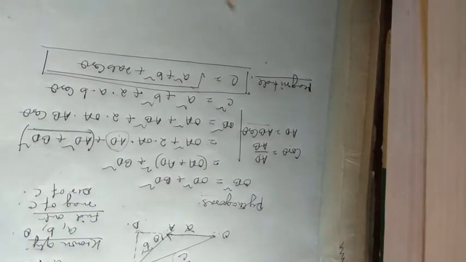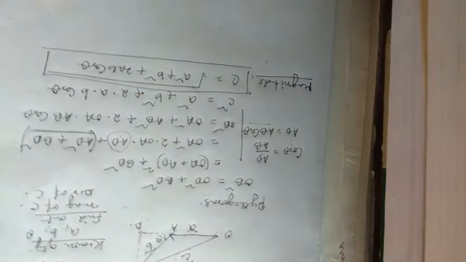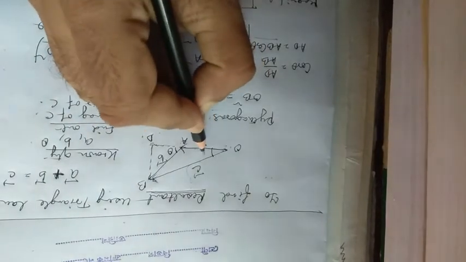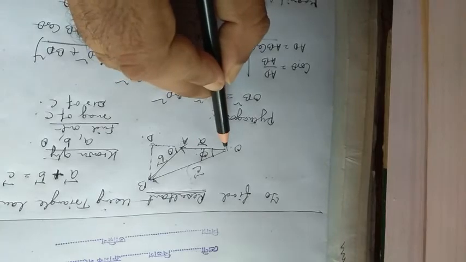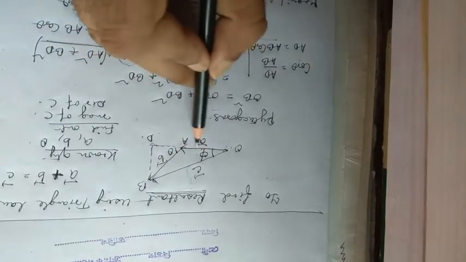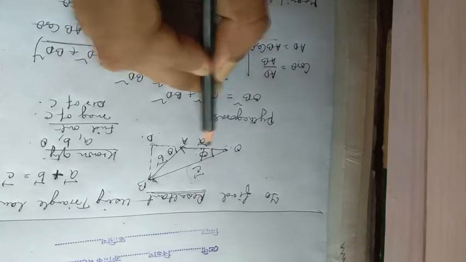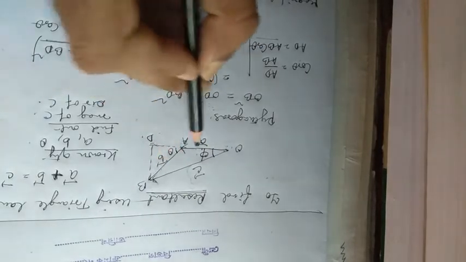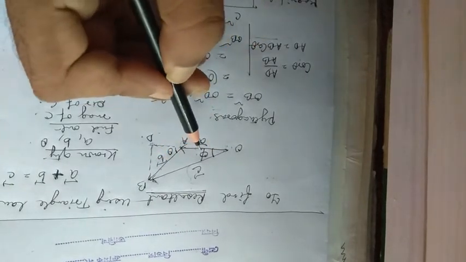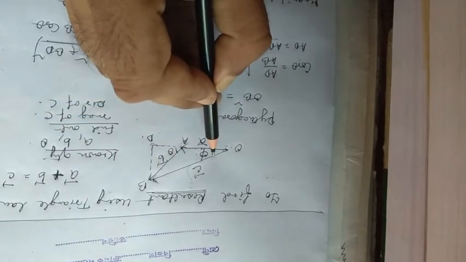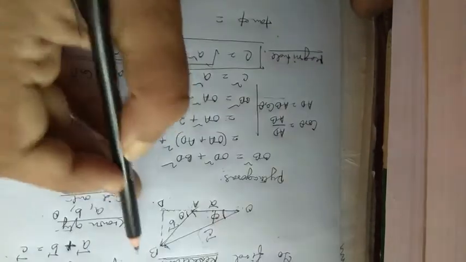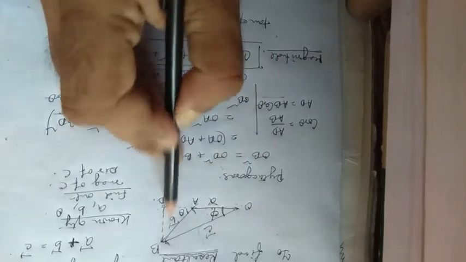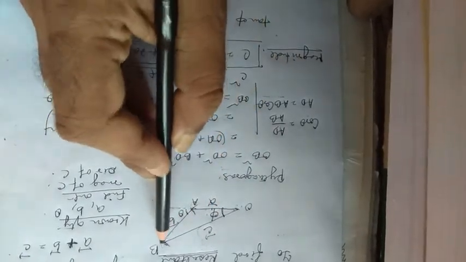Now, we try to find the direction of vector C. Suppose this is the angle phi, that means the angle made by the resultant with any one of the known vectors. You can find this angle, you can find this angle also. In most cases in books and in real practice, we have to find this angle. Now, what is tan phi? Tan phi means BD by OD from triangle BOD.